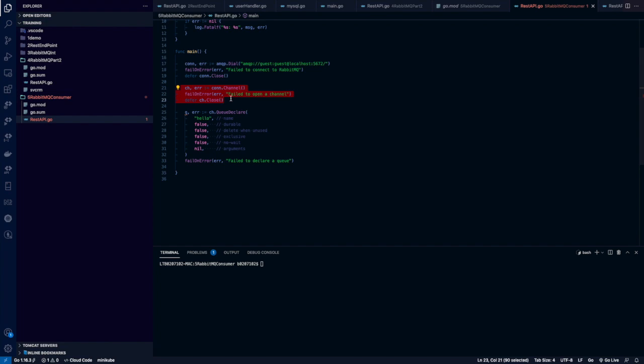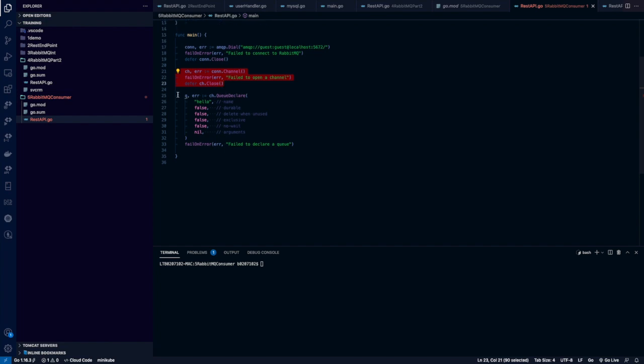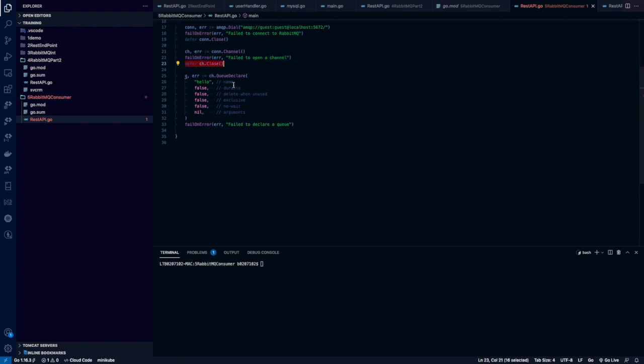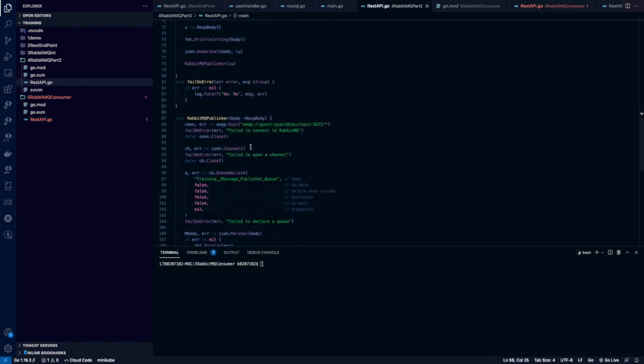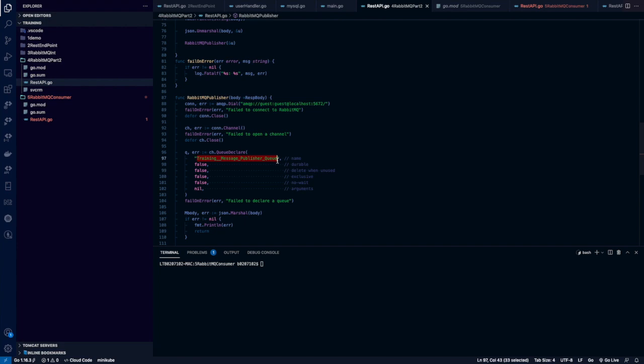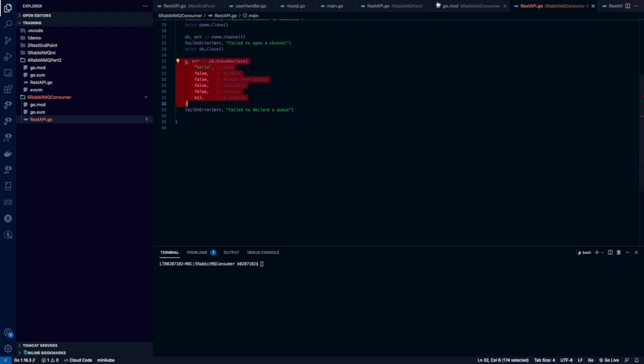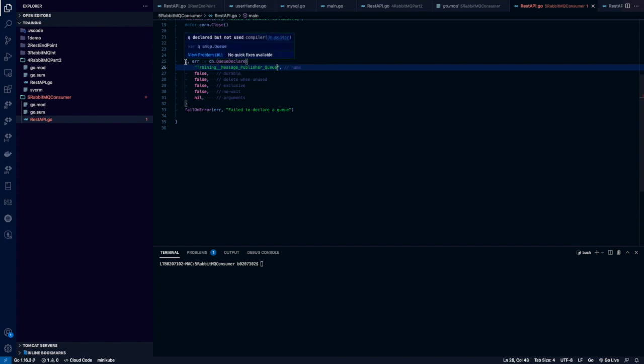And then create a channel, again building on the connection. This particular code will be helping on those lines. This is the error handling, again defer for channel closure. This is where I'll be defining the queue details. If you see in my previous video, we were using this particular queue to publish the message. So I just copied from here, and instead of hello, I pasted my queue name, from where we actually have to read. Currently it is showing an error because this variable is defined but it has not been used.